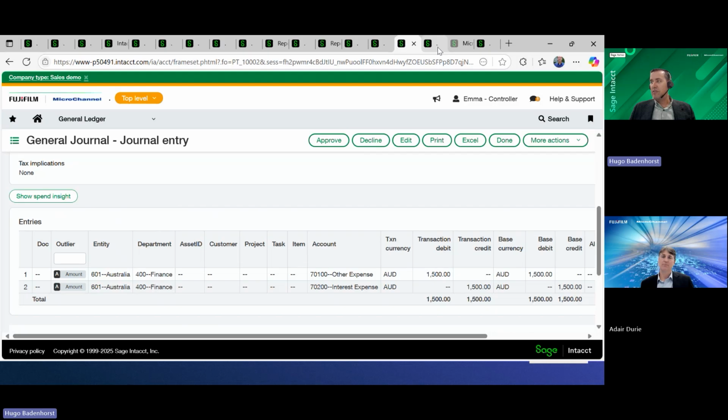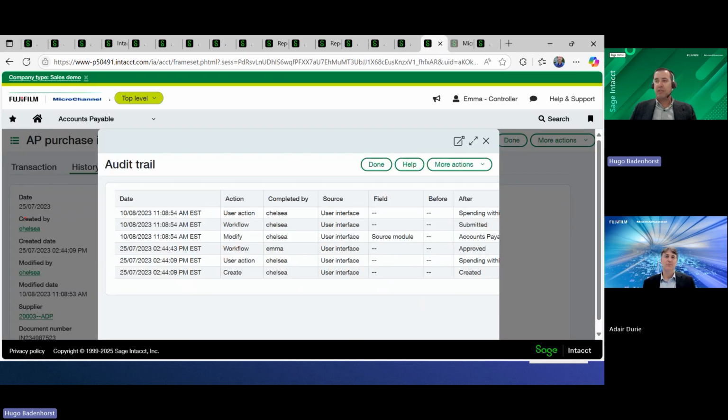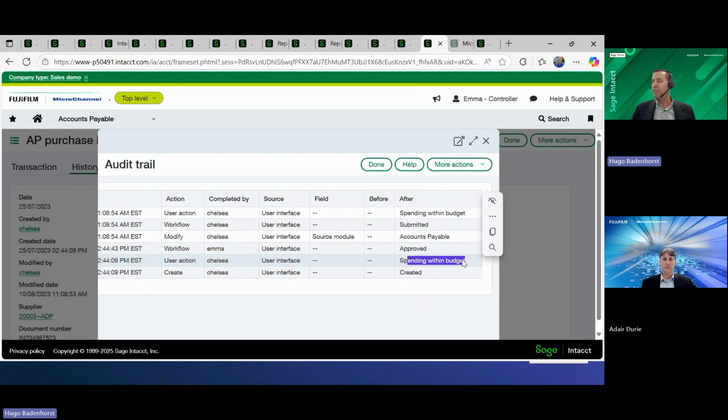Now, on a compliance side, from an audit perspective, there's a couple of things. So you'll always be able to see who created or modified the transaction, and when it was done. But on the audit trail, we can also see it was created, it was spent within budget, spending within region. So you can see it actually updates that, so you can see where it is. When the transaction was approved, there was a modification done, when it was submitted again, and making sure that everything's compliant. So bringing that audit trail in to make sure that from a transaction point of view or master data point of view, it is audited, it's checked and controlled to ensure that we stay relevant and compliant.